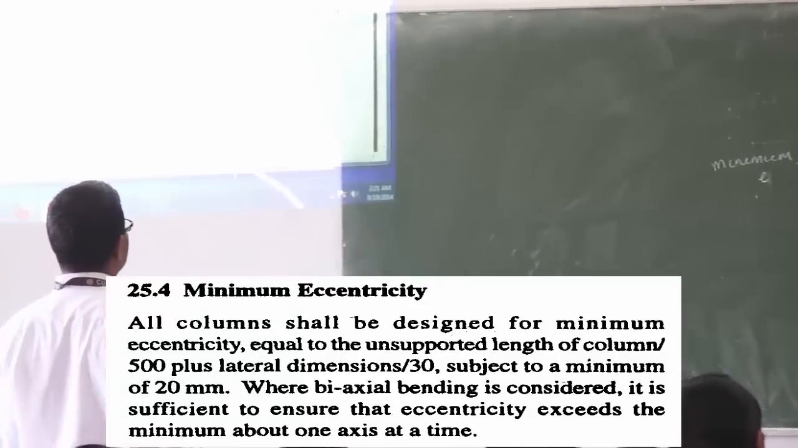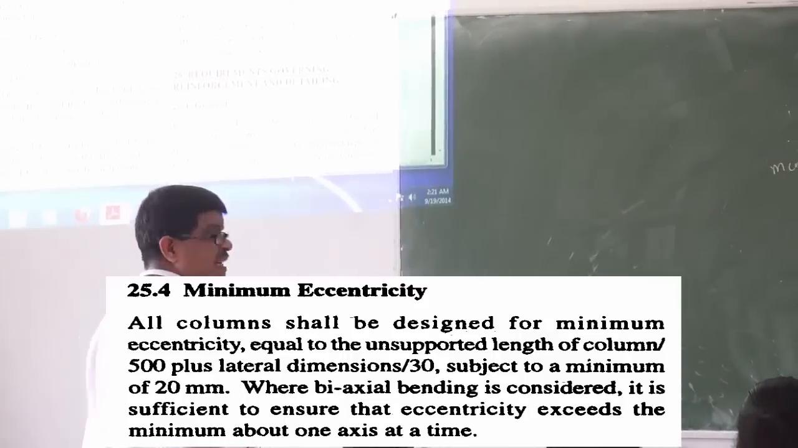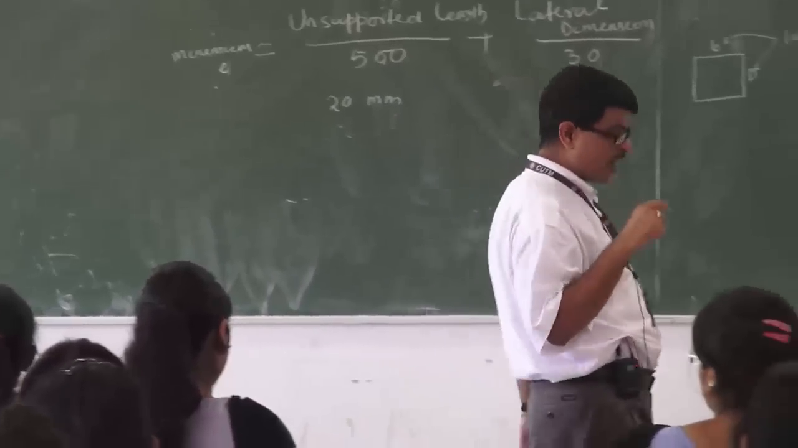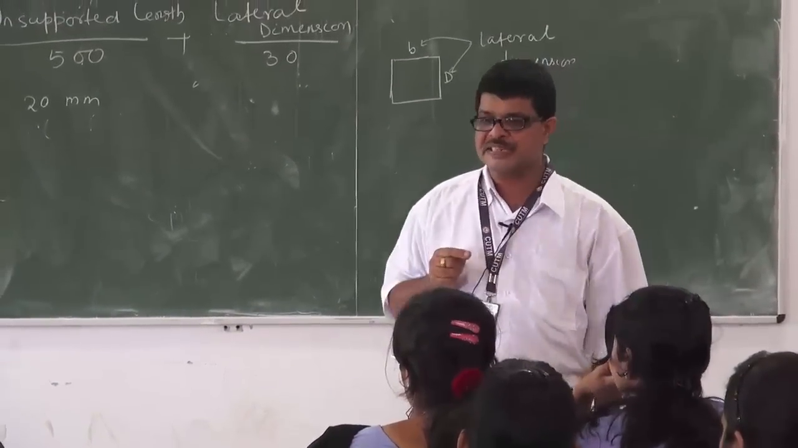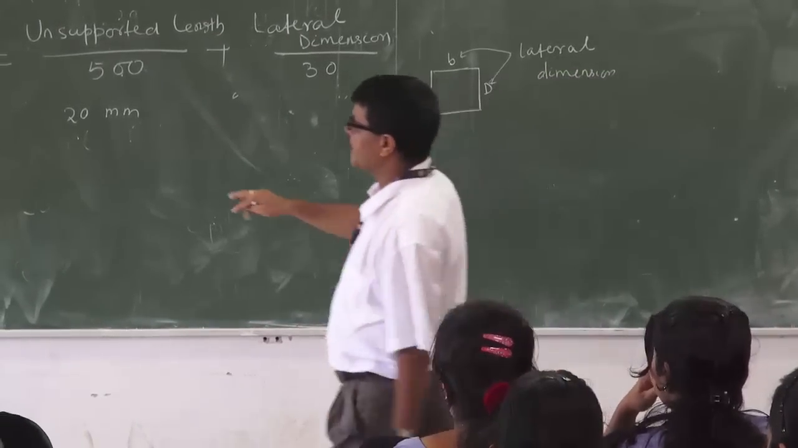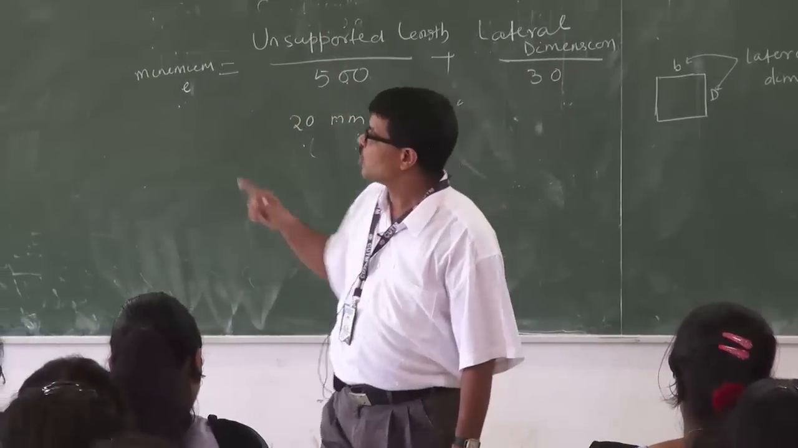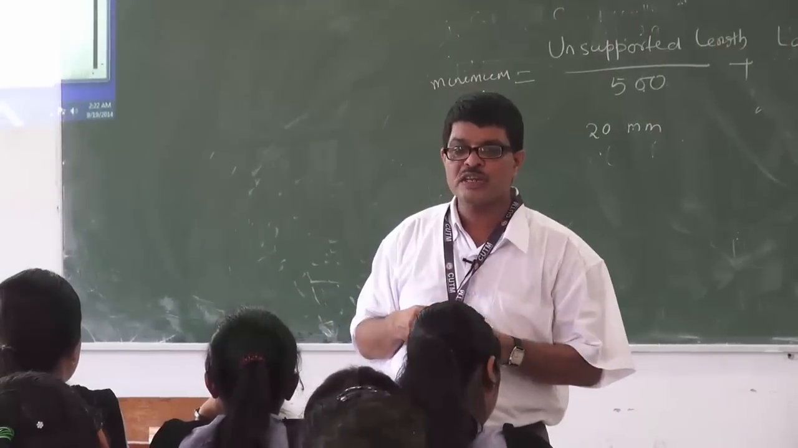Where biaxial bending is considered, it is sufficient to ensure that eccentricity exceeds the minimum about one axis at a time. If you are taking biaxial bending, then one side must exceed the value. So this is how to check the minimum eccentricity. The minimum eccentricity can be calculated, and the minimum value is 20 millimeter. Once you calculate minimum eccentricity, then you can decide whether it is a short column or